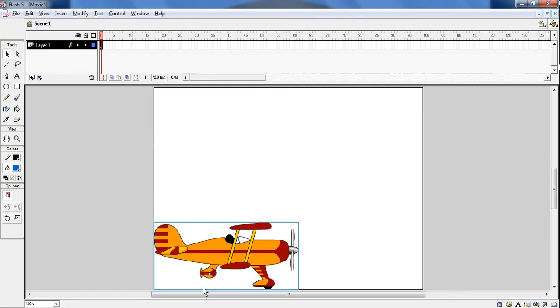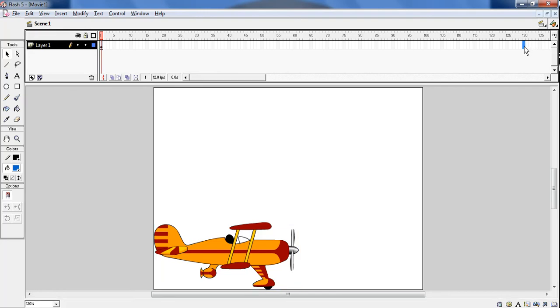After selecting the Create Motion Tween command, what is the next part? It has been converted into a motion tween. How will you come to know? See, you can see this border around it as well as the plus sign that has come in the center of the object. After this, the next step is we need to provide the length of the animation. How will you provide the length? That is by selecting the number of frames. How many frames you want, you may select from here. I am selecting the 130th frame.